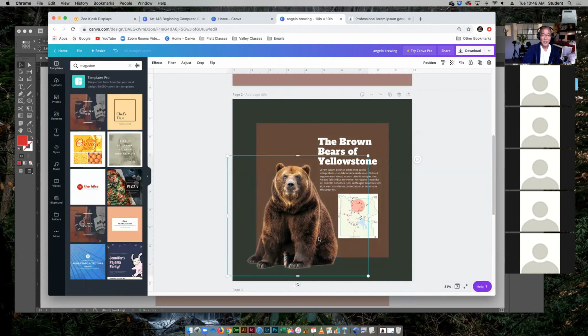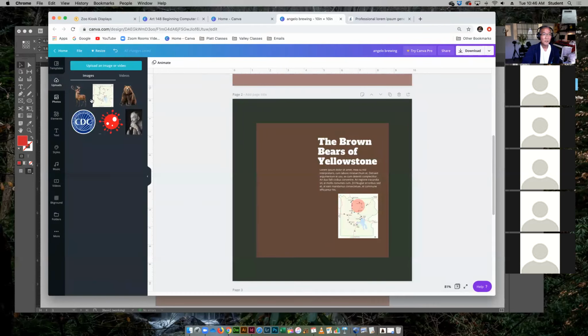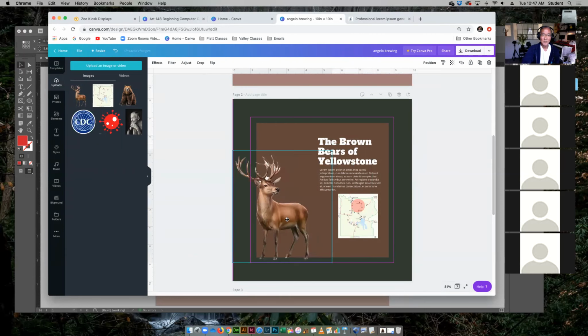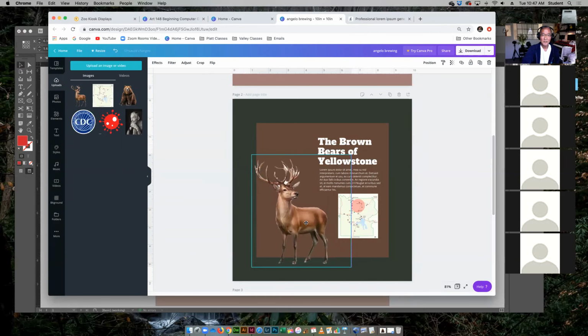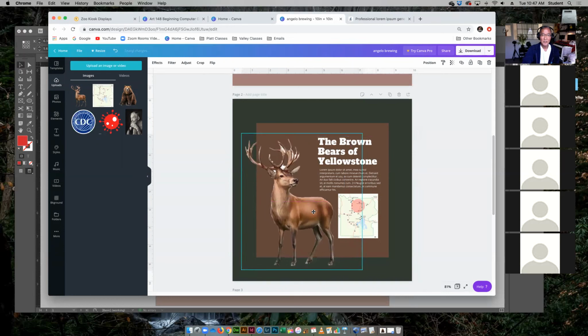I'll take this bear now and I'll delete the bear because we don't need the bear. I'll go up to my uploads and I'll grab my elk, and there's the elk. I'll bring that elk in. Maybe make that bigger. Place that in there. And instead of the brown bears of Yellowstone, I'll highlight this text and make it the elks of Yellowstone, or